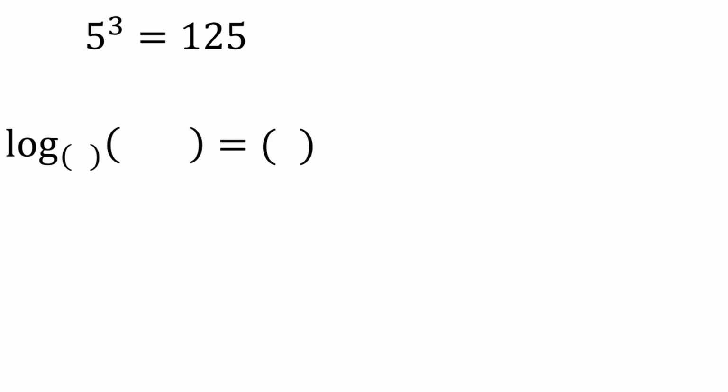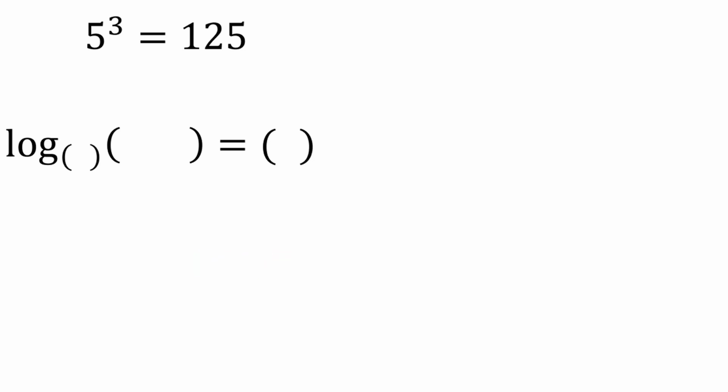You can use the exact same process to go from exponential to logarithmic form. Say you have 5 to the third power is equal to 125, which we would like to rewrite in logarithmic form. Well, logarithmic form is log base blank of argument blank is equal to blank. So what are the blanks? Left, right, and center. Duh.